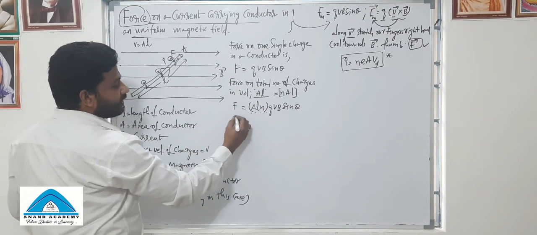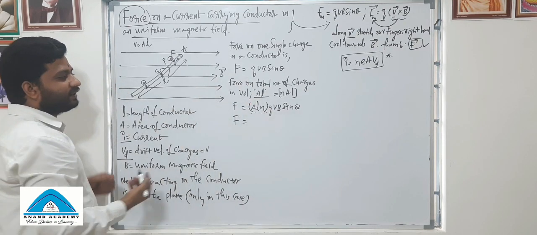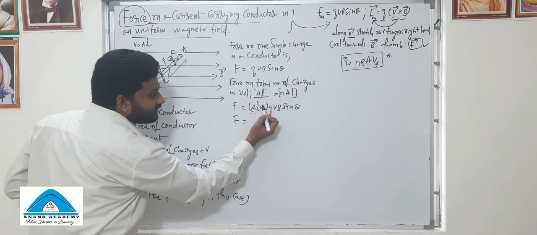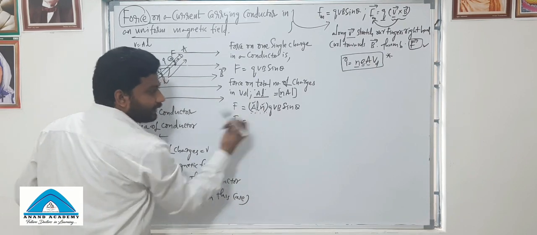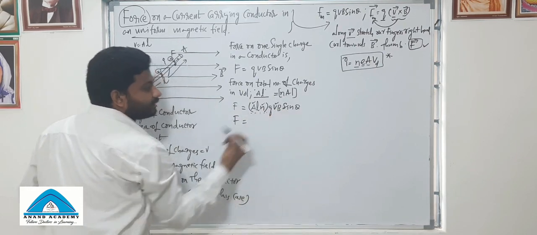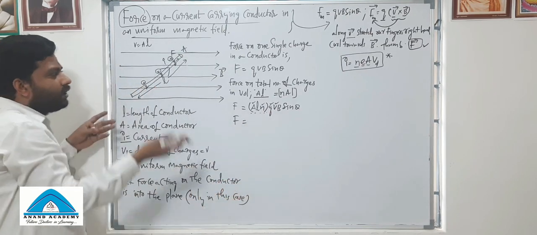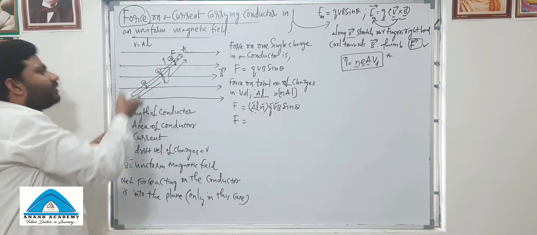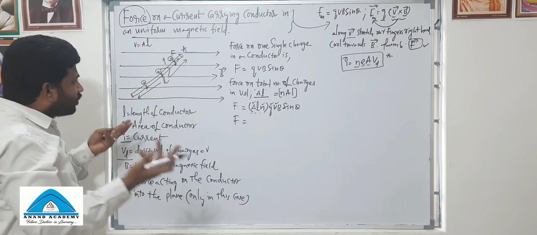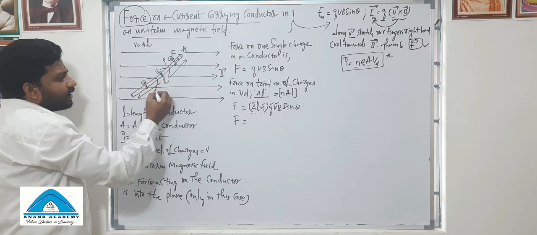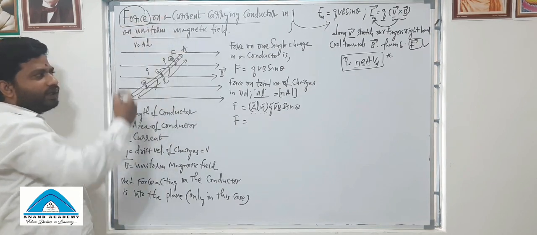So here F is equal to, if you carefully see, I is equal to NEAVd. See, there is N, there is A, there is V, right? So there is E also. E is the charge of the electron here. Here we have considered that positive charge. Okay, so nothing. So current is flowing in this direction. Understand? Current is flowing in this direction.